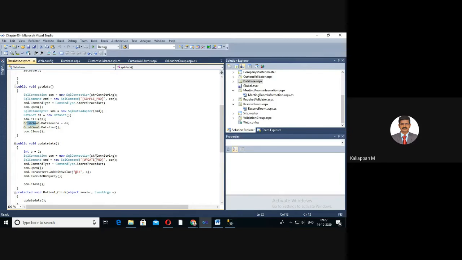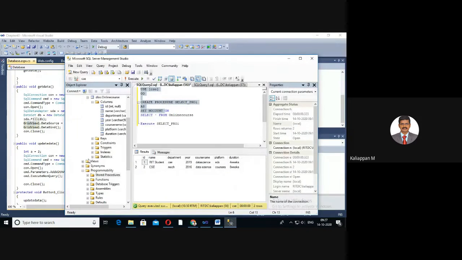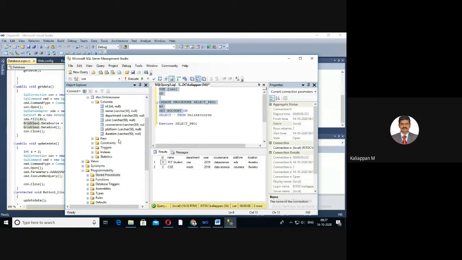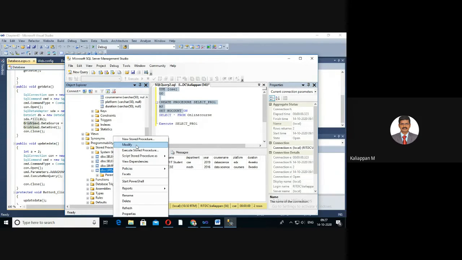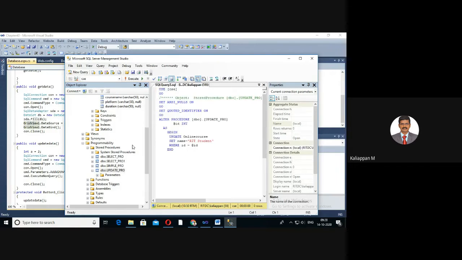Then I have to create one more stored procedure, for update. Expand your stored procedures. Here, I have already created a stored procedure for update. This is my update stored procedure.